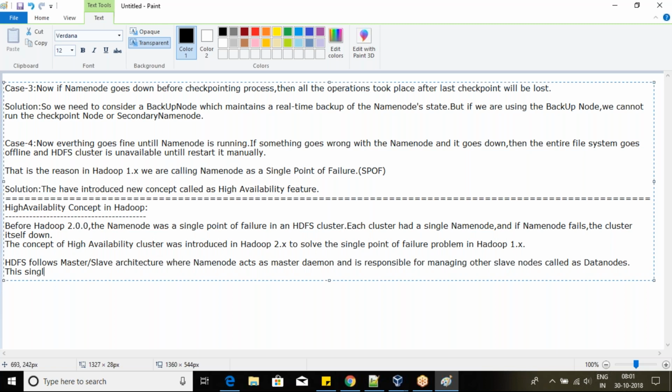This single master daemon, I mean the name node, becomes a